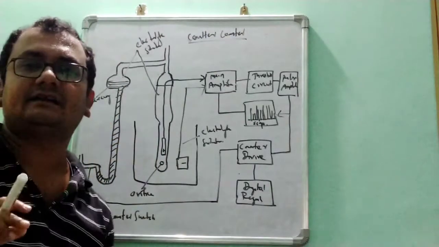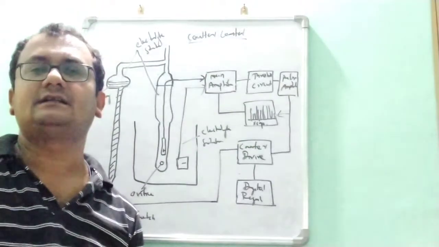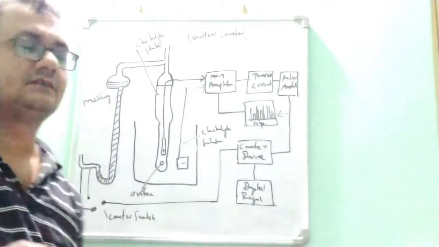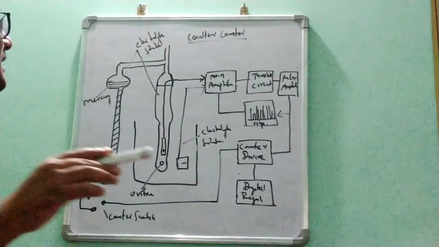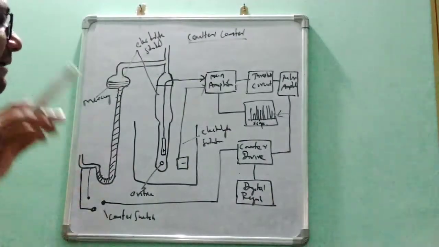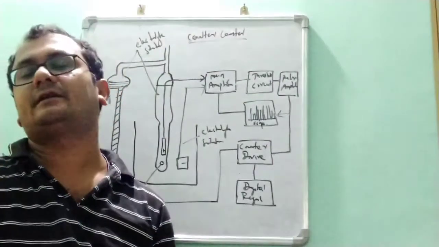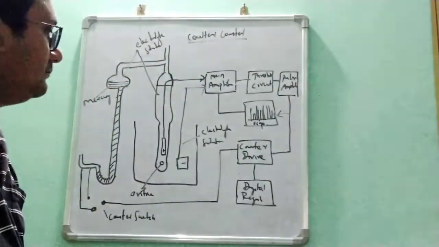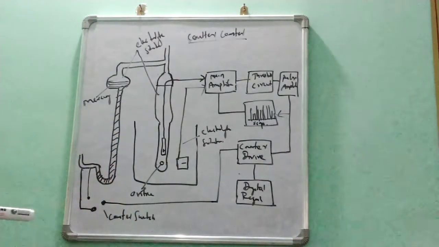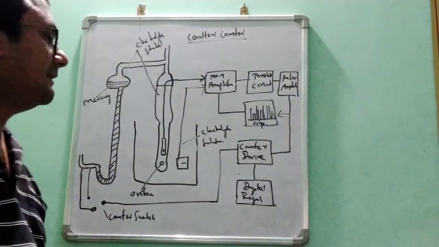So the main aim here is finding the volume by displacement of liquid when the particle volume enters the orifice. That's why it's very important to know how it is able to find the particle volume. Then, after getting the particle volume, we convert it to particle diameter, and then to particle sizes. There are many other techniques also to find this. And with this, that is all about the conductivity method.